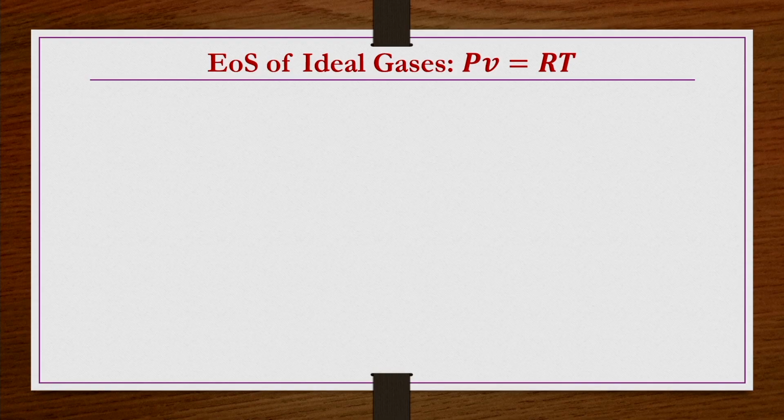Now, we see the equation of state for an ideal gas. For an ideal gas, we already know that the equation of state is nothing but PV equals RT. That means the compressibility factor PV by RT equals 1. Ideal gas behavior means the molecules occupy negligible volume, and they are far from each other. They do not exert any intermolecular forces. There is no force between any two molecules of an ideal gas, right.